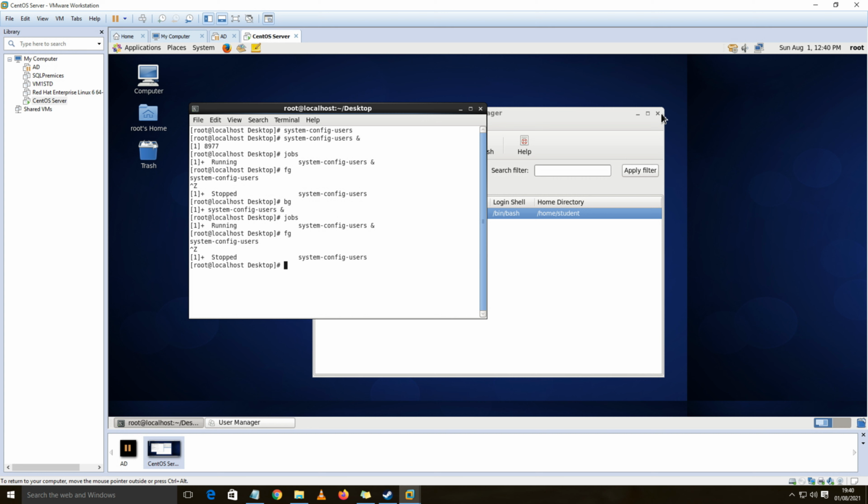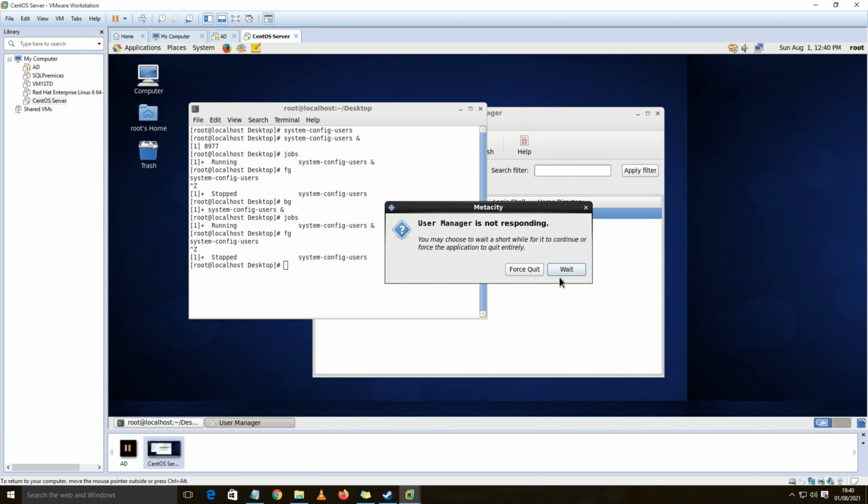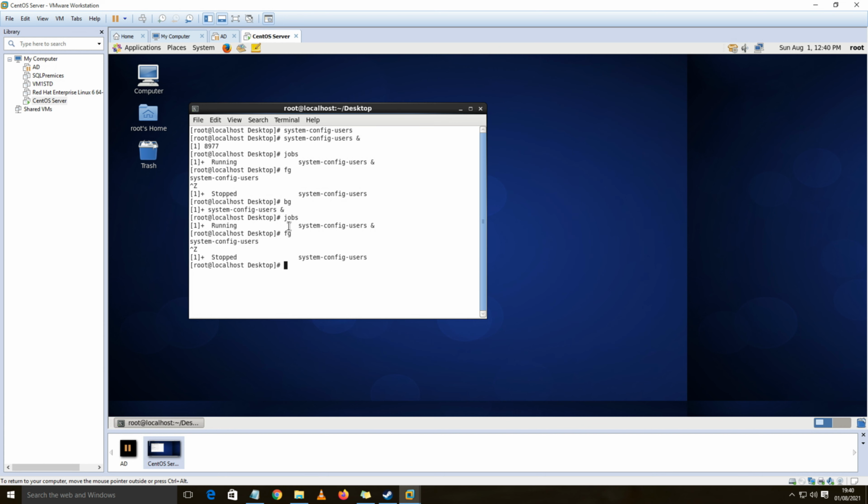So with this we have seen three important commands. The first one is your jobs command, which gives you overall information of all the jobs. What kind of information? What is the job ID, whether it is in running state or stopped state, and which particular command has initiated that job. This you will understand with the help of the jobs command.